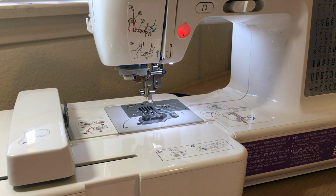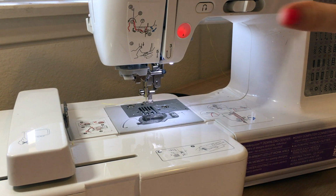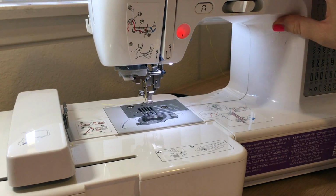We're going to be making a sun Feltie with an adorable smile. So this tutorial is for people who have never made Felties before and are curious as to how they work. I'm going to show you how to do this on a small, this is a Brother